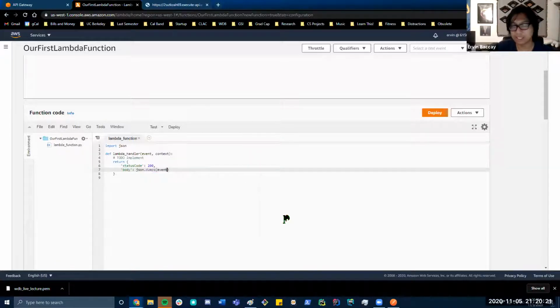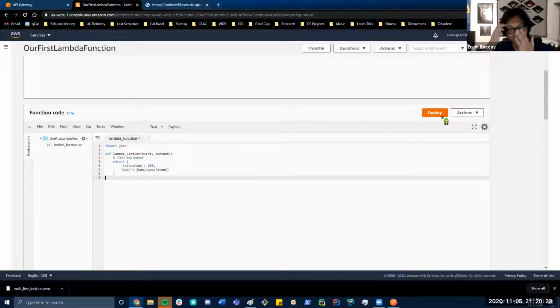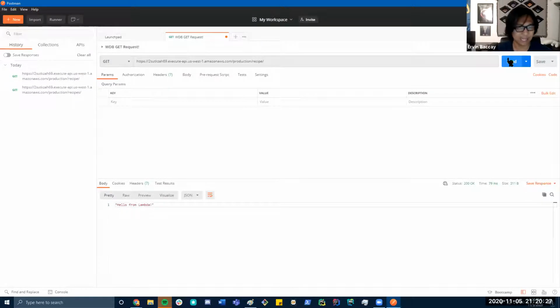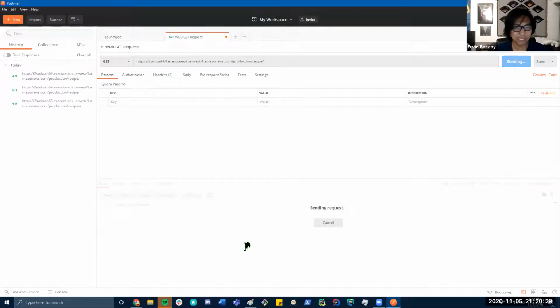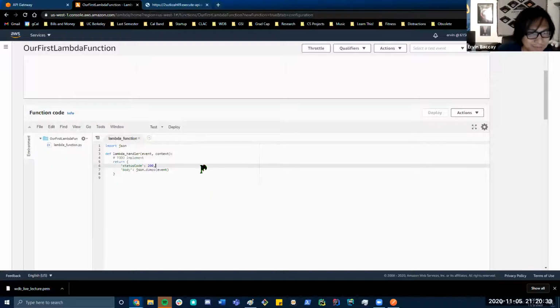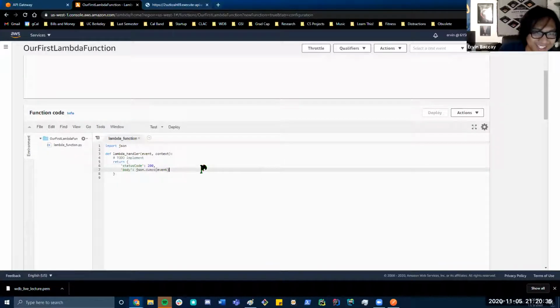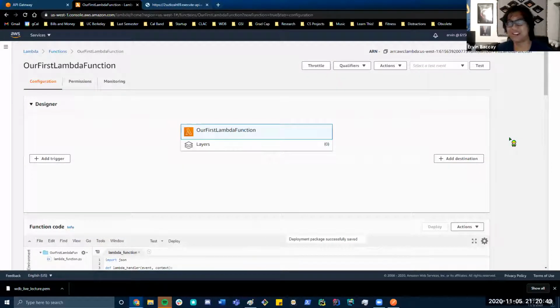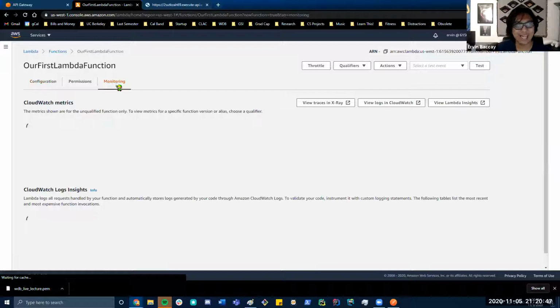You could change it directly in the editor and deploy from there. And then we could hop onto Postman and get live changes. Internal server error. Okay. Apparently you can't just dump the event, so I'm just going to send the event as is. Oh, one more thing. In case you get errors like that, you could actually jump into monitoring and see exactly